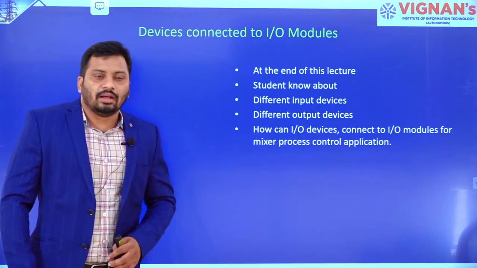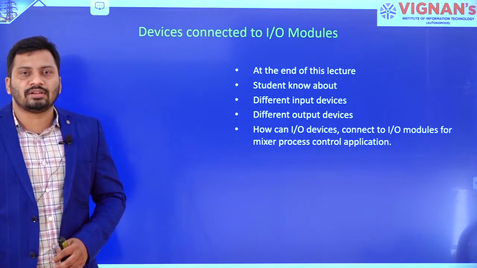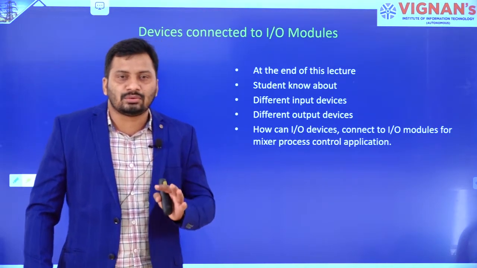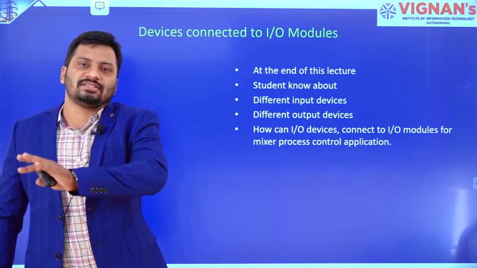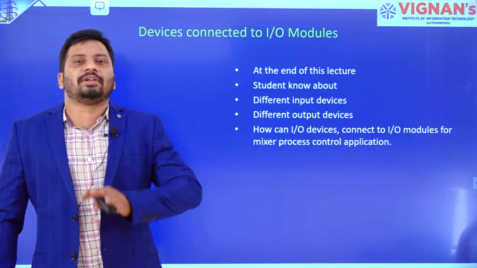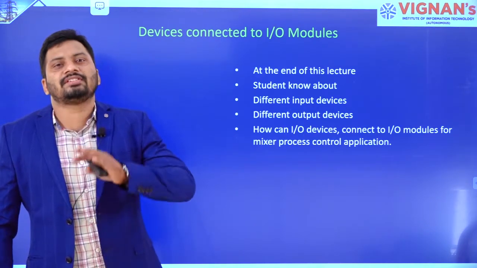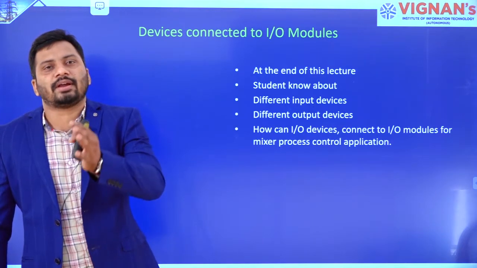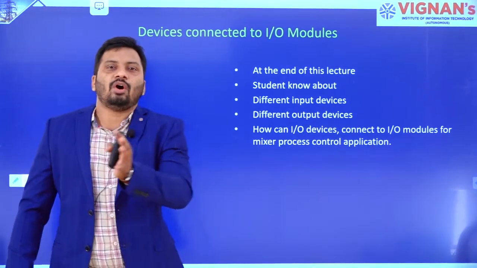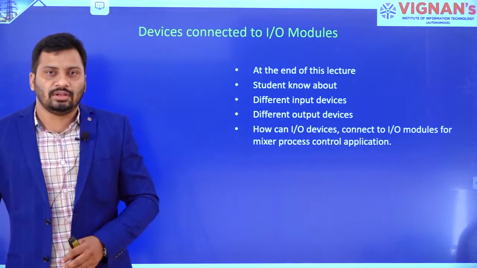So, the main use of the input module is what? The input module is used to take input signals from the different switches, sensors and transducers which are present in the field in the industry atmosphere. Then the signals are conditioned in the input module, and the output signal is given as input to the CPU.